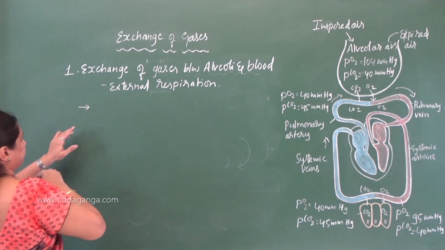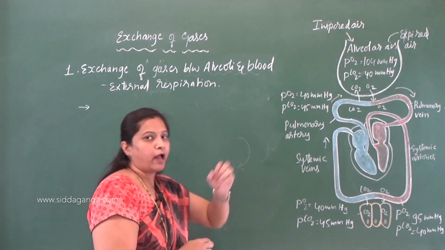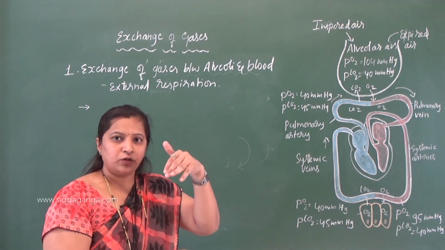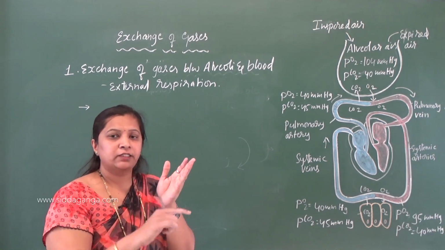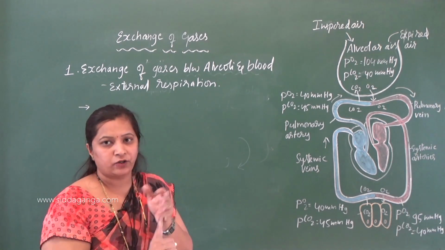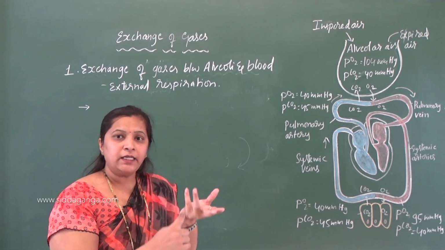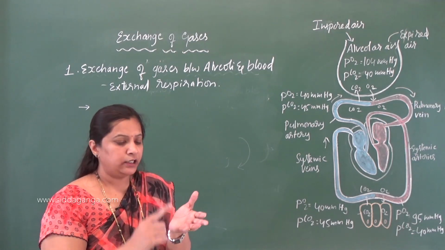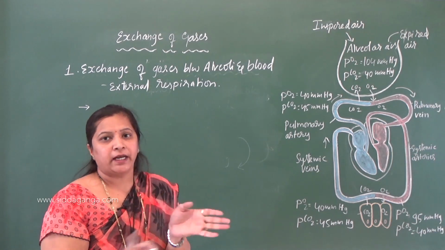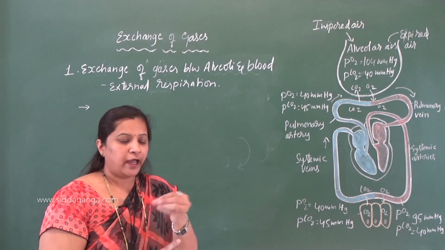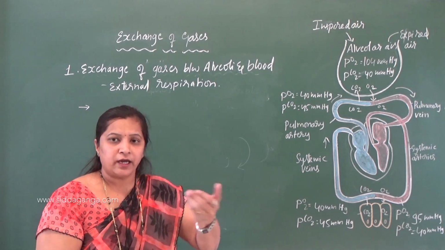Difference in the partial pressure. So the exchange of gases between alveoli and the blood occurs through the wall of the alveoli, right? The wall of the alveoli is very thin and it is highly vascularized. Highly vascularized means it is highly supplied with blood capillaries, and each alveolus is surrounded by many blood capillaries, so many that as much as 900 ml of blood is able to participate in the gaseous exchange.